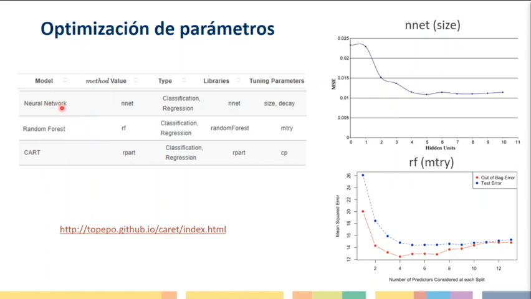It's important to note that each of these models has parameters associated with it. These parameters allow us to assess the complexity of the model. For example, for neural networks, it's the number of neurons in the hidden layer; for random forest, the predictors in each one of the partitions; and for CART, there's also a CP value. So these parameters have a space of possible values, and what's done here is to run some tests to determine which one is optimal. This is an example that I brought from a paper